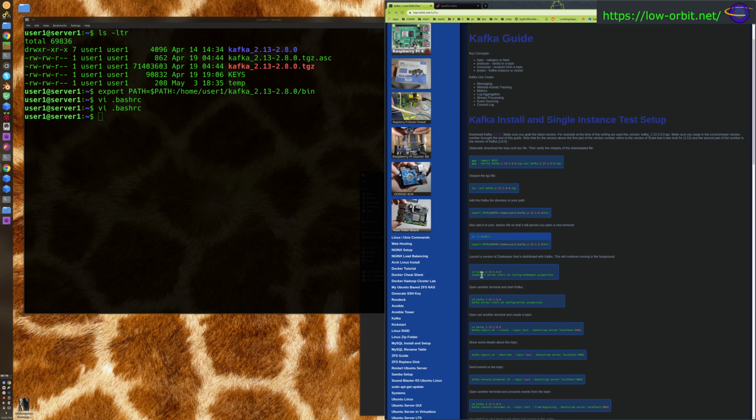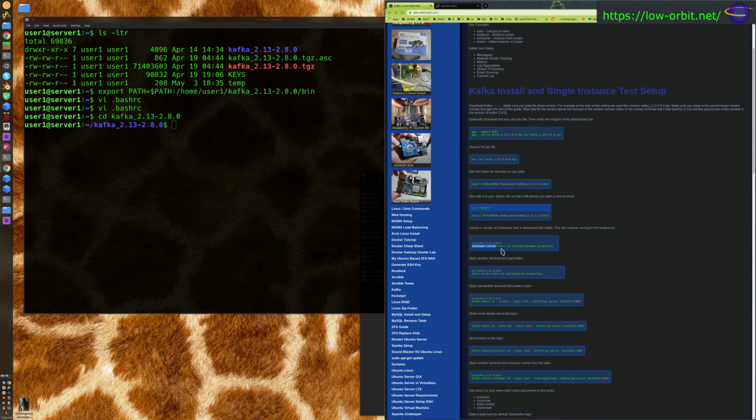So now we could run. We're going to jump into that Kafka directory, and we are going to start Zookeeper. There's a script called zookeeper-server-start, and you pass it this zookeeper.properties. So Kafka comes